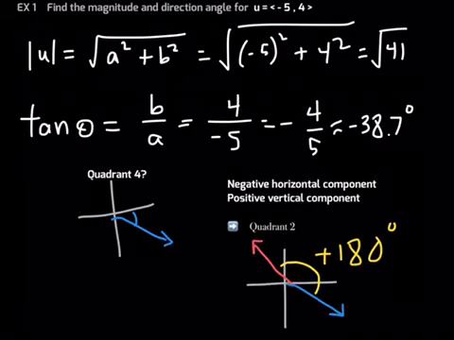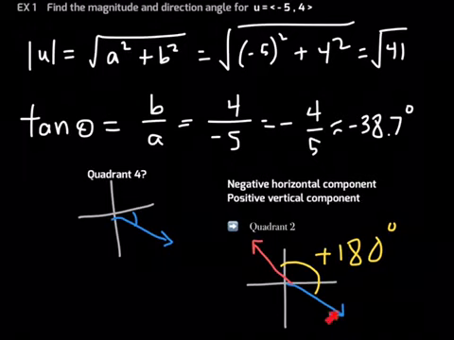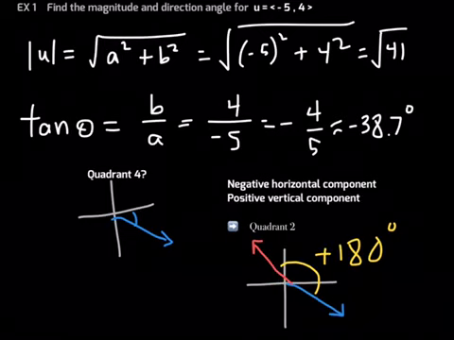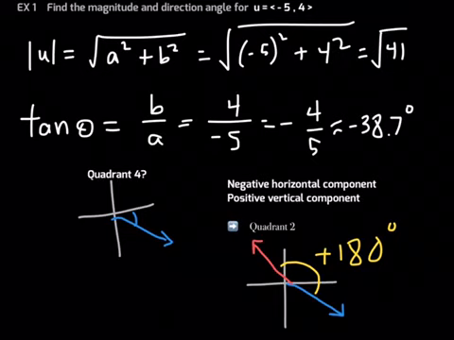Again, here's a visual of what I'm mentioning. Our calculator gave us this angle here, which is in quadrant 4, but we can't be in quadrant 4 with these components. So we add 180 degrees to get its supplement over here in quadrant 2, which when I add 180 degrees to negative 38.7 degrees,